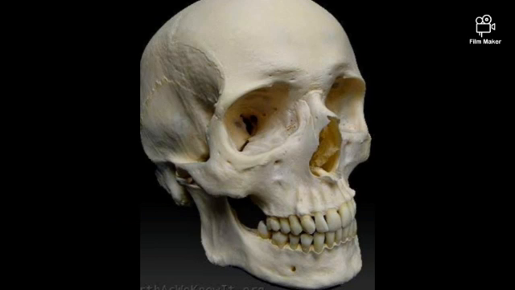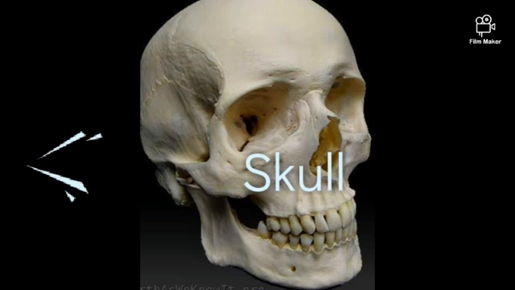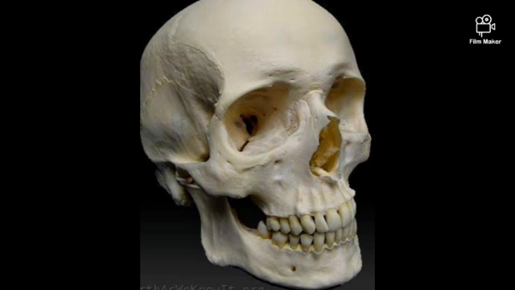The skull is a bony structure that surrounds and protects our brain. As I have told you in the function of skeleton, protection. It contains holes for our eyes, ears, one hole for our nose and one for the mouth. The upper part of the skull is made up of 8 flat bones which are joined together.